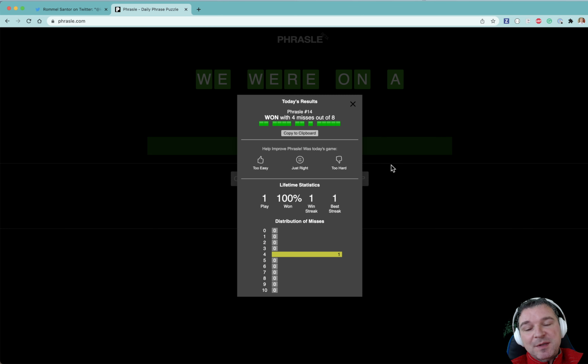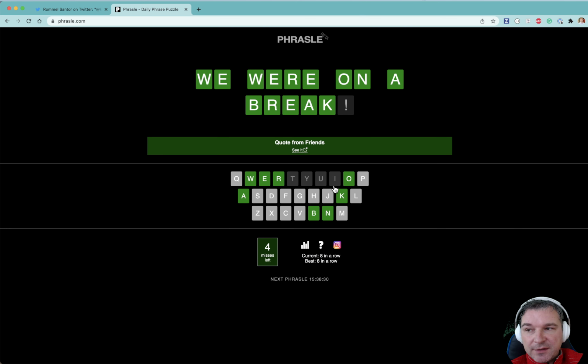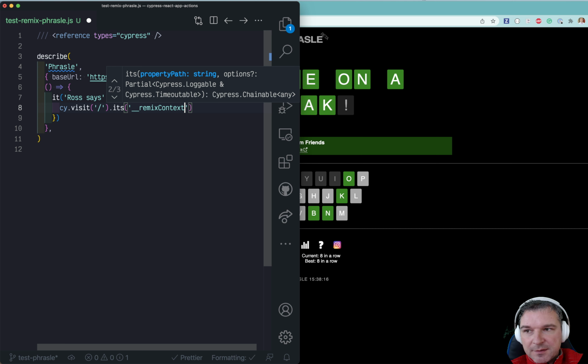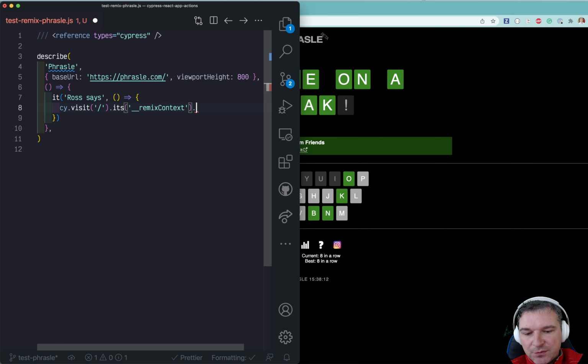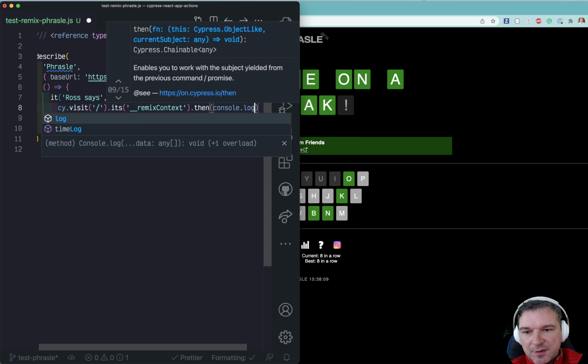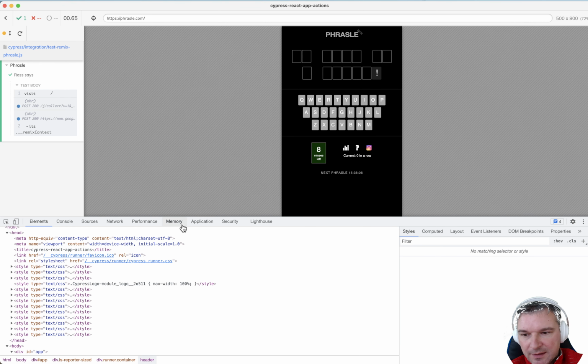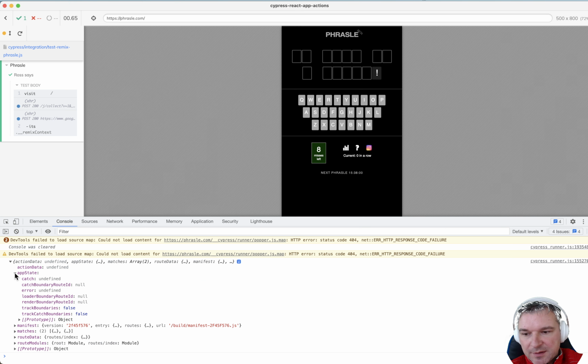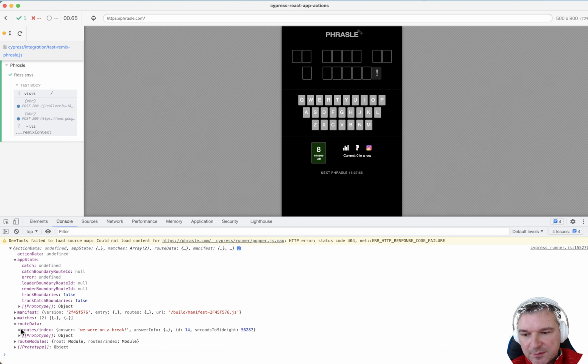So if you want to play this game, you probably should pull this answer from the remix context and enter it by clicking on the letters themselves. So if you want to pull the information from the window, well, cy.visit already yields a window, so we can say it's remixContext, and let's just print it to the console for now, just to see what's happening there. And in the console, this is what it printed. App state, root data, I think. Yes, root data has it.